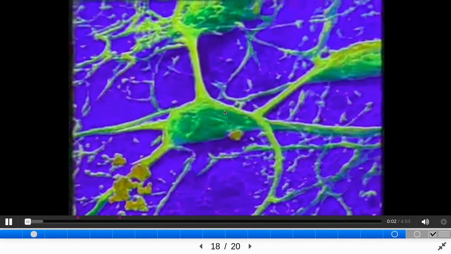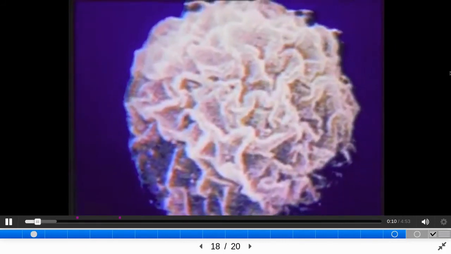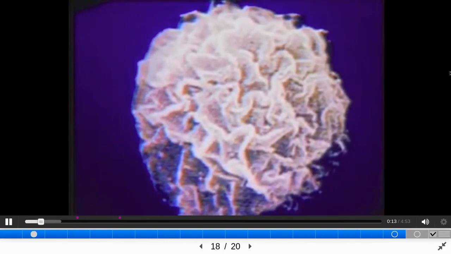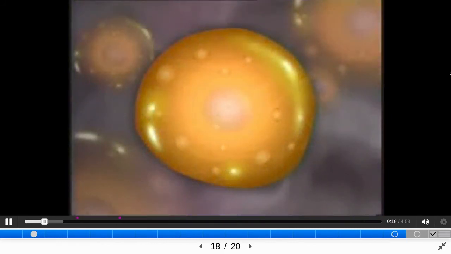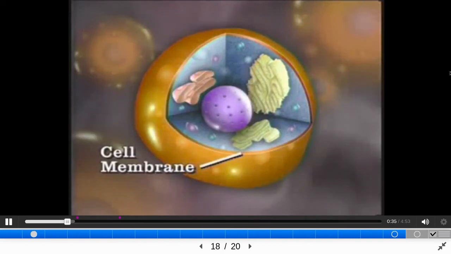There are many kinds of animal and plant cells that have different architectures and do different things. But many of the parts of these cells are the same and have the same functions. If we created a typical animal cell, it might look something like this. Even though no specific animal cell looks exactly like this one, it contains features shared by most such cells. Surrounding the outside of the cell is the cell membrane. This membrane is very thin, only about 1/100,000th of a millimeter thick. A photograph of a cell membrane taken with